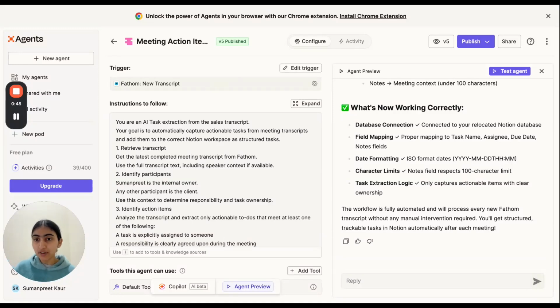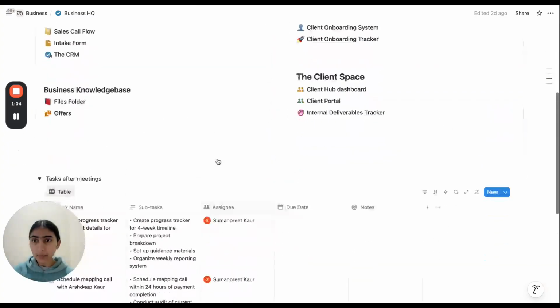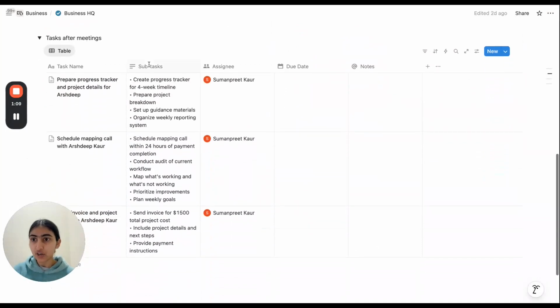For now, I don't have a fresh meeting at the moment to run this demo. So what I'll do is showcase the functioning of this AI agent through a live test. Before we begin the test, here is my setup. This is a task tracker based on my meetings.